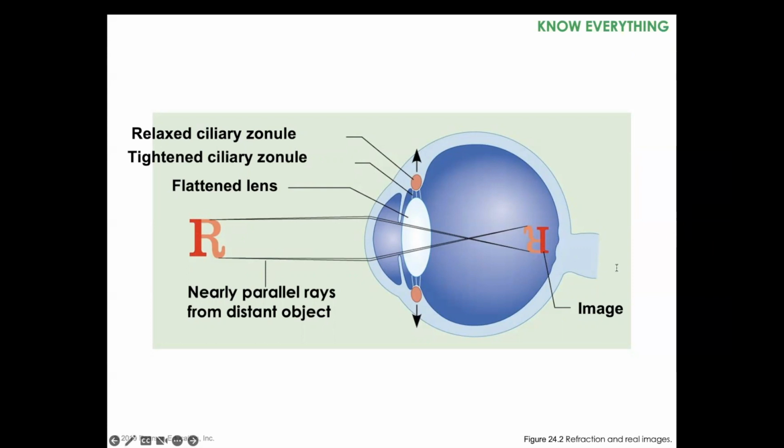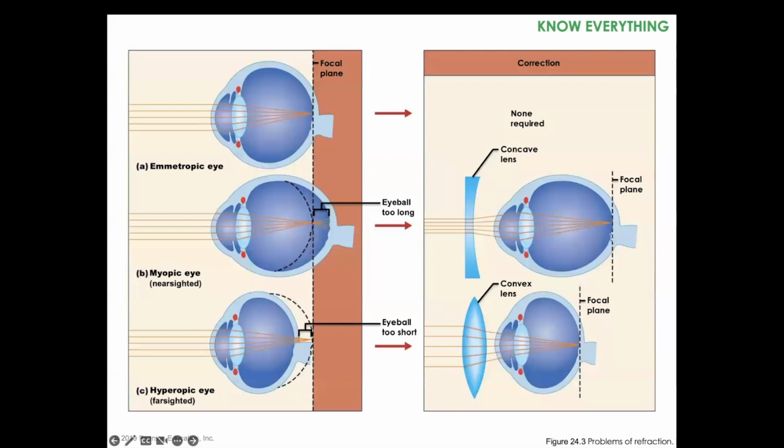If your eye is shaped differently, then the refraction of the image will be inaccurate, and you need to get corrective lenses to fix the problem. Once light passes through the lens and bends, the light will converge into a point and hit a focal point on the posterior side of the eye. If the light hits the focal point correctly in the right place, this is called an emmetropic eye, and corrective